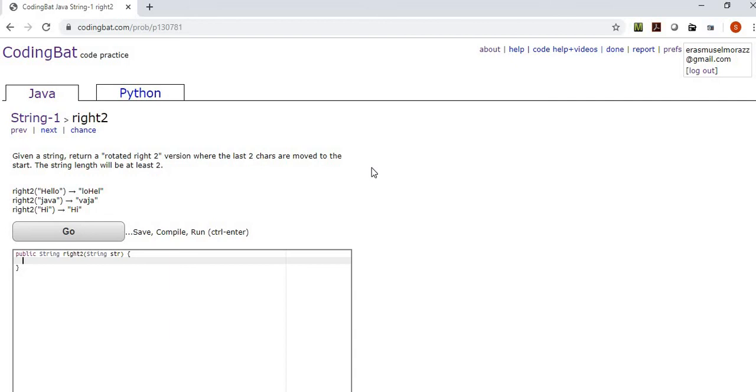Okay, let's see, right 2. This is kind of the inverse of the previous exercise. Given a string, return a rotated right 2 version. The last 2 characters are moved to the start. String length will be at least 2. So return, now it says the last 2 characters are moved to the start. So str